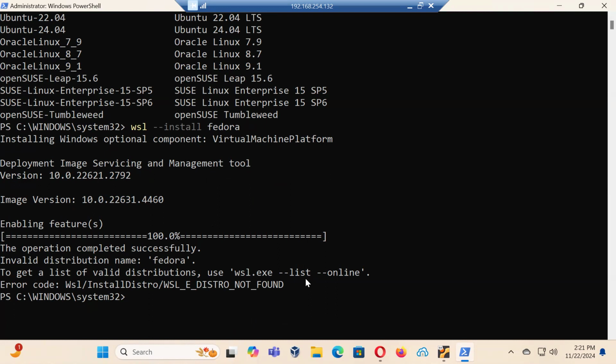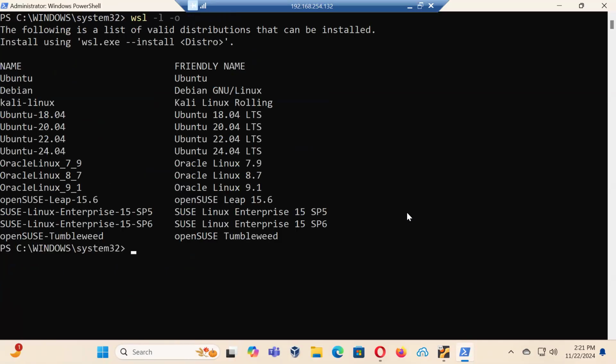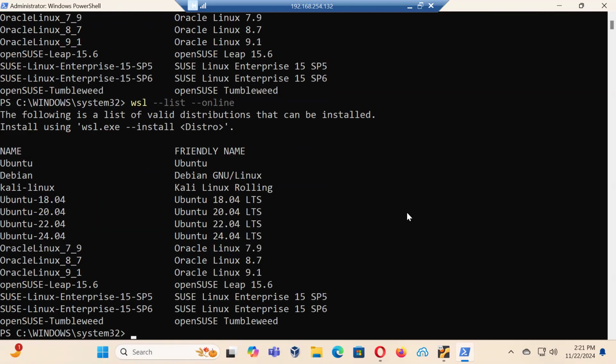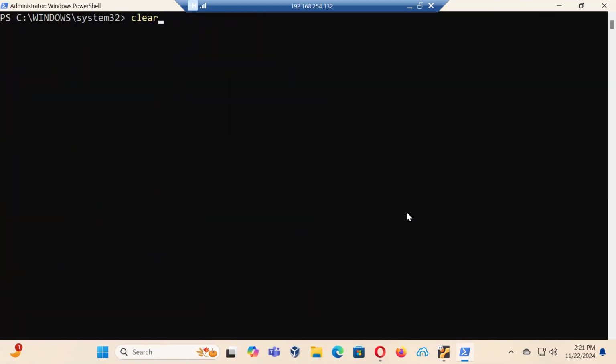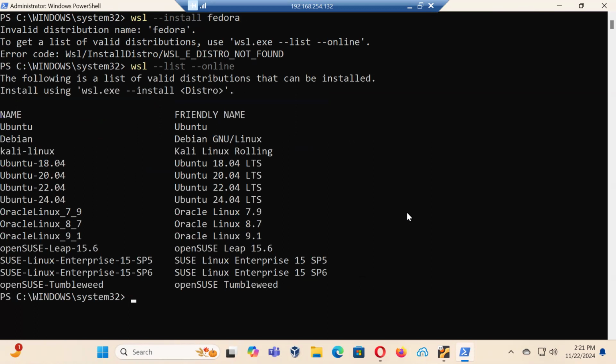It did not find Fedora because --list --online says I did not have a distribution name called Fedora. Remember this dash one that we didn't have. So whether you type in wsl --list --online, you're going to get the same distribution. So we tried with Fedora, it did not work. But if you want to do an Ubuntu or Debian or something,